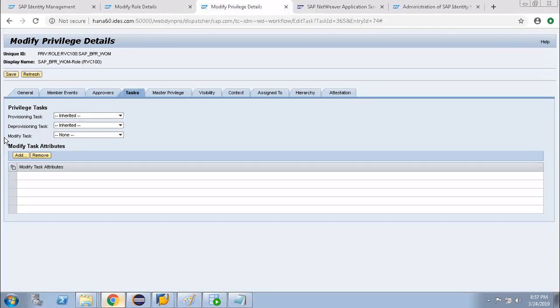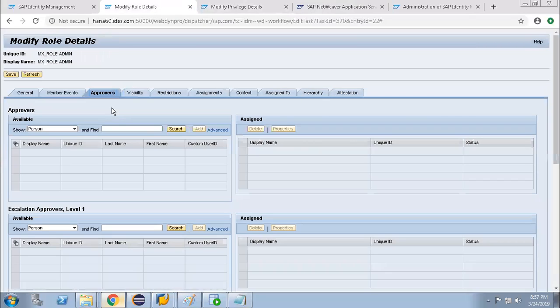That is why no task is there. Task is basically provision and deprovision: I am assigning something in the backend and removing something from the backend. It will be inherited from the container, but the container is not getting assigned in the backend. That is why no task is present.